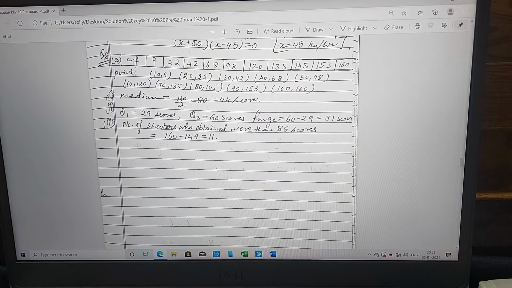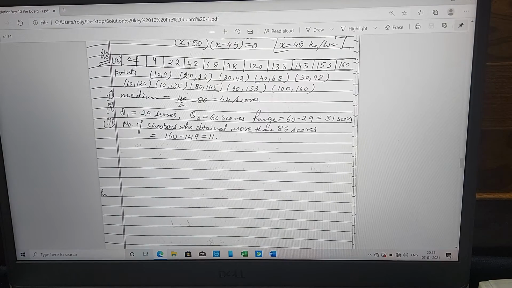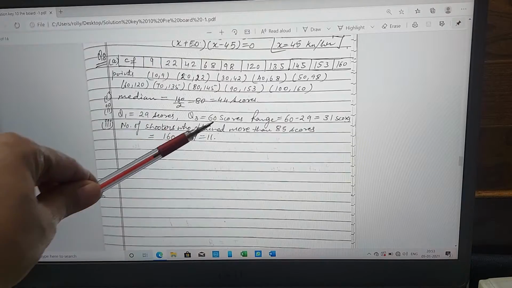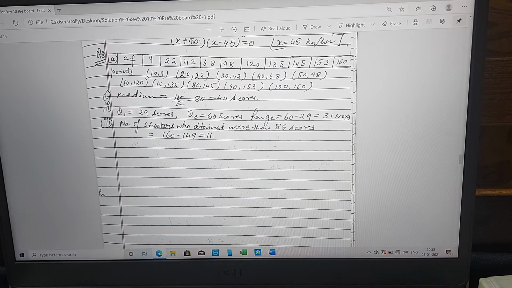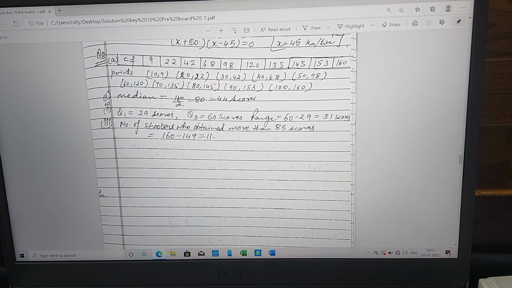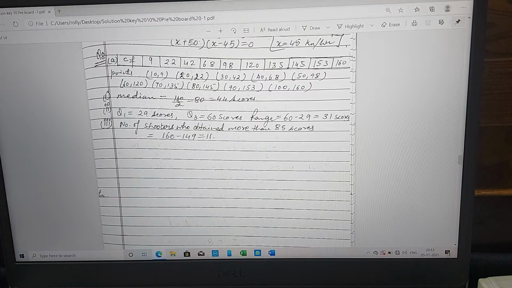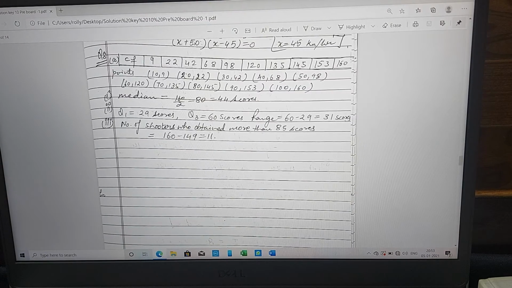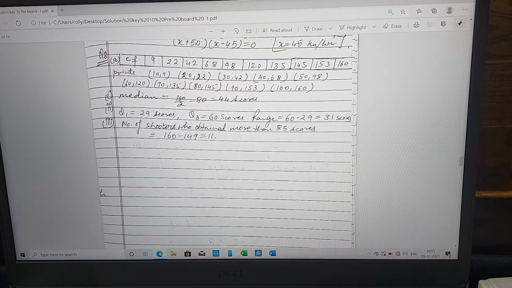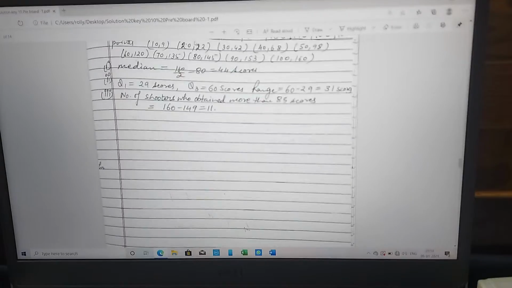Quartiles by using n upon 4 and 3n upon 4. You will get the first quartile and the third quartile. Okay. And you will drop the perpendiculars. Then you will get the values as 29 and 60. You will subtract, it is 31. Okay. There are a few ranges, like if your median has come like 43 or 44, near about 44, then your answer will be accepted. And the range also, if it is near about 31, near about means within 1 unit, then it will be accepted.